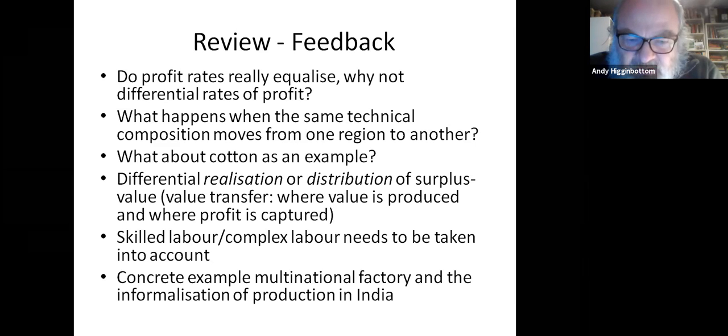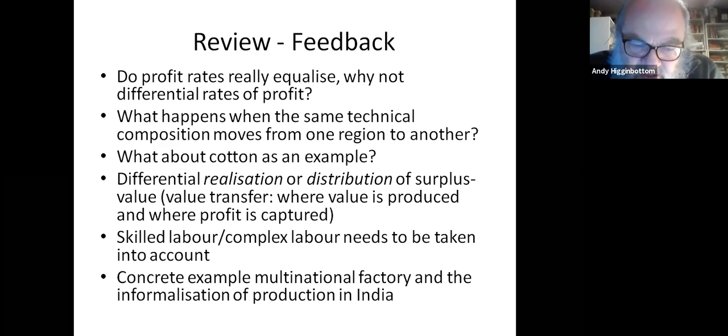This next question is extremely important, and we will touch on it today. It's also a theoretical thread which we will follow from here on in, basically. Is there a difference between realization? I emphasized last time that the transformation has to be understood as a differential realization of surplus value into profit. And I do distinguish that from the distribution of surplus value. Now, what does that mean for questions of value transfer? It's a very big question, but a very central one theoretically and practically. So I welcome the point.